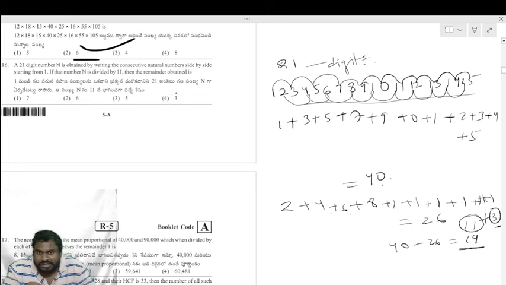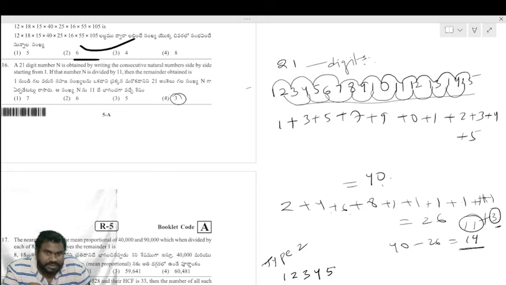So you can check that among the options, the fourth option is 3. 3 is the remainder. So that is the answer. So like this you can solve, or else there is another way. Method 2 is, you can